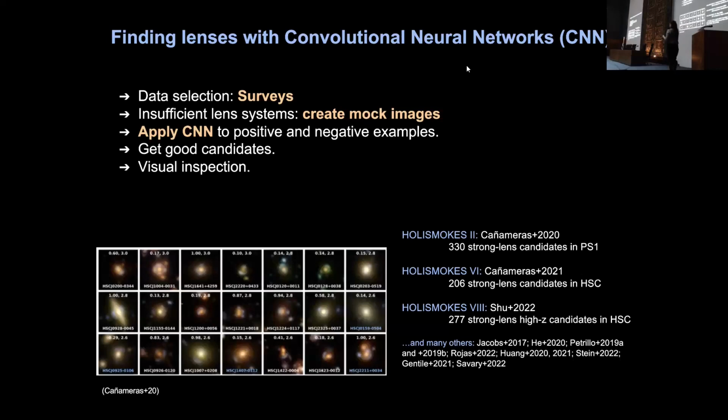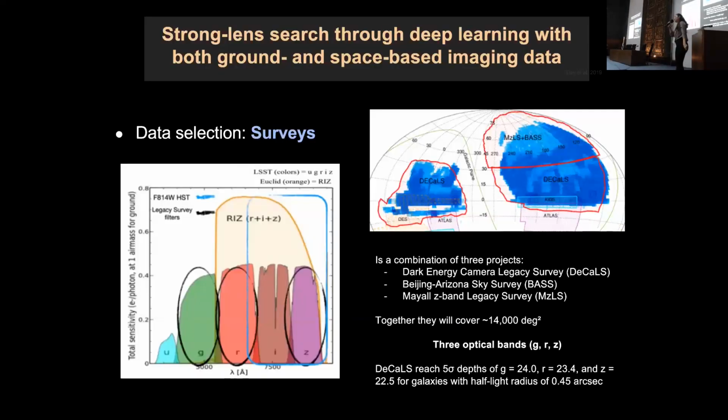So we do have a lot of false positives, and we need the human to search for the lenses, grade them, and say, okay, this is a lens or this is not a lens. So I told you before that... sorry. So now I'm going to talk to you a bit about the work that I'm doing there.